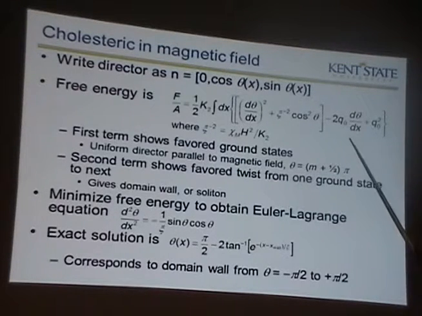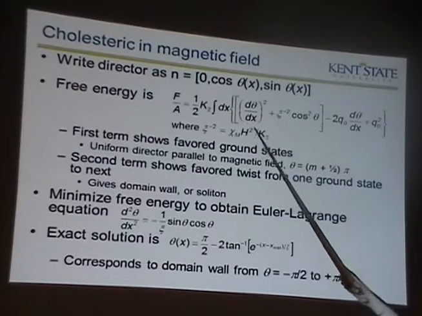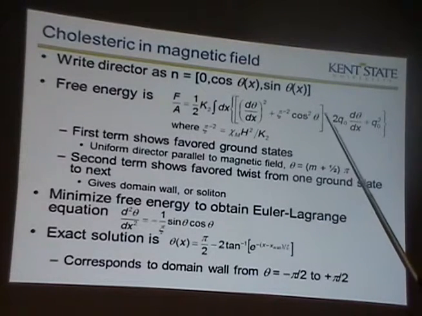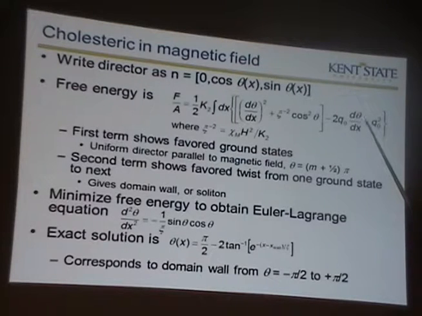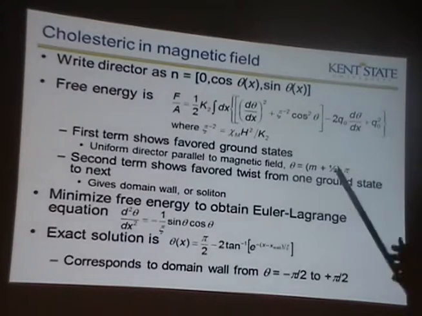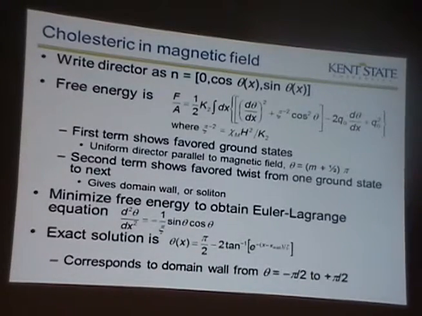And so, if you have a system that's mostly dominated by the magnetic field, and then you put on a slight tendency to have some twist, what can it do? Well, it could make a state where it is mostly in the direction favored by the magnetic field, and then whoosh, some sudden twist. Then mostly in the direction of the field, and then another flip, so that it would have these steps in the orientation of theta.